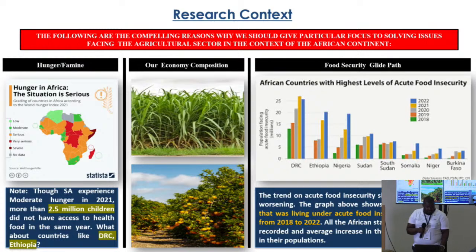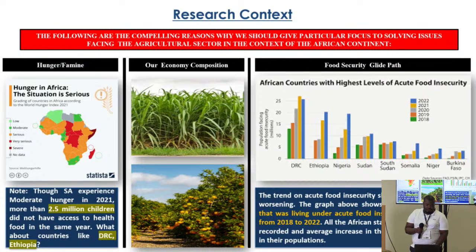The first one is hunger. As we can see on this heat map here, it is clearly visible that the majority of African states are living under serious to severe hunger situations. The second one is the dependability of our economy on the agricultural sector. In South Africa alone,